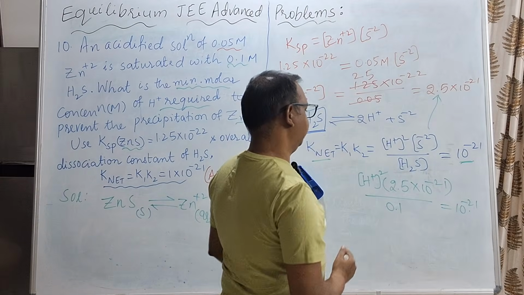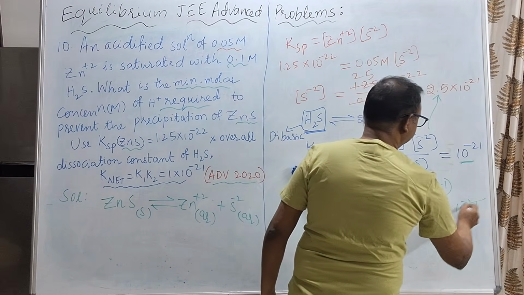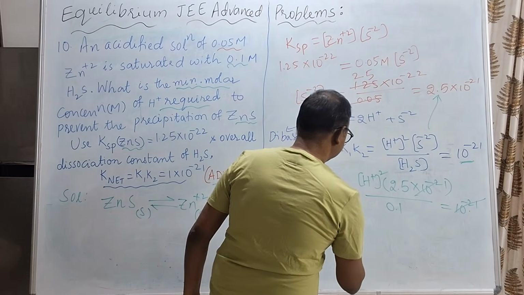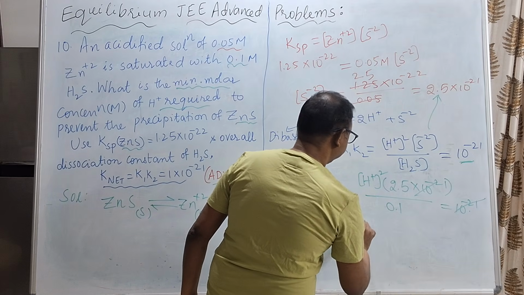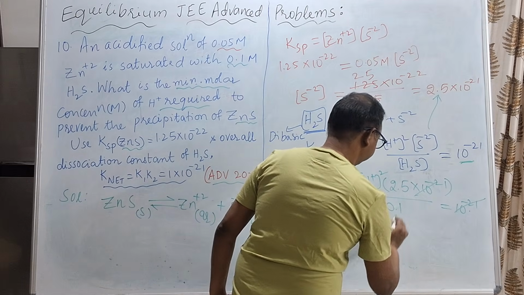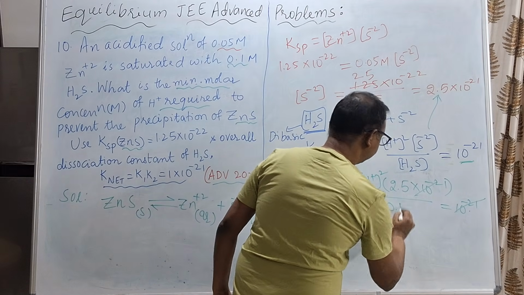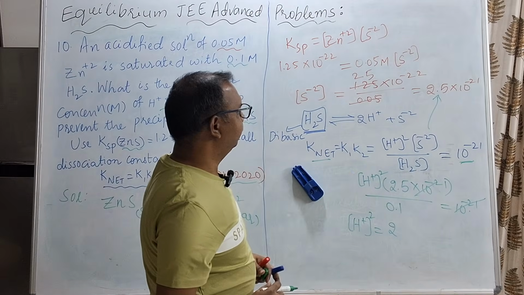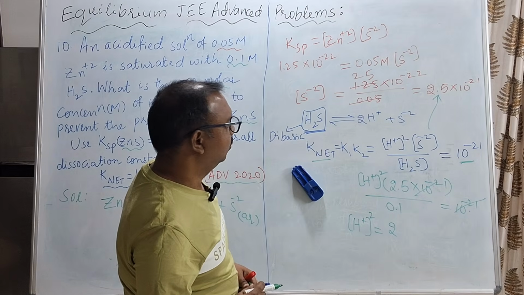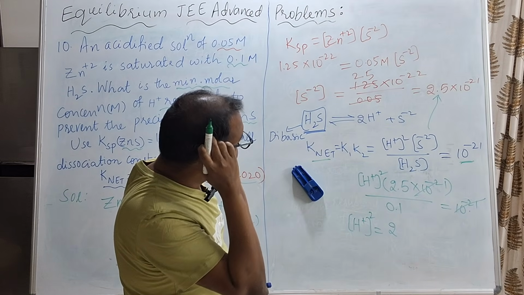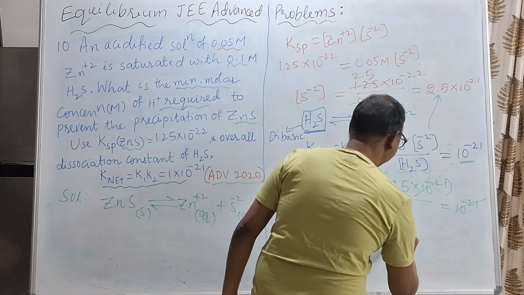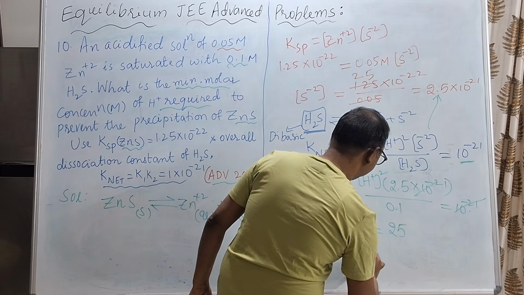Now, here 10 power minus 21, 10 power minus 21, what happens? Cancelled out on both sides, we can see here. And concentration of H plus square is equal to 25. 0.1, right? So, the value of 0.1, and the sulfide ion we got it here as 2.5 into 10 power minus 21. You got it here, right? Then we can write it as what? Concentration of H plus is equal to